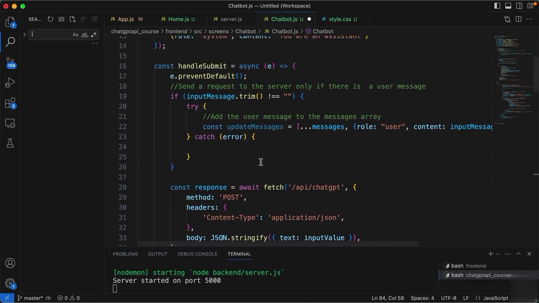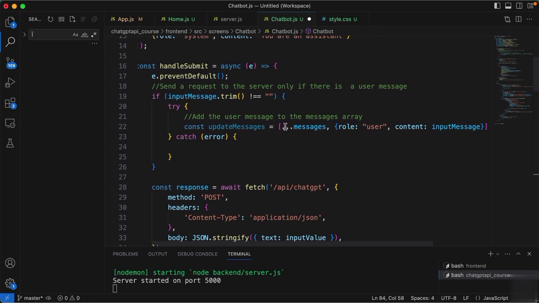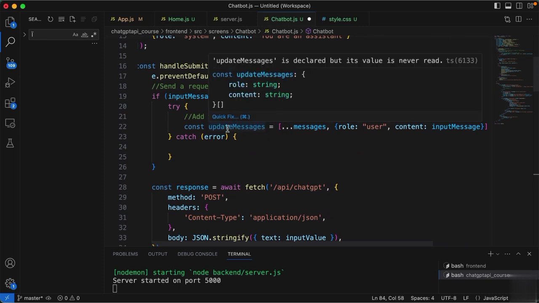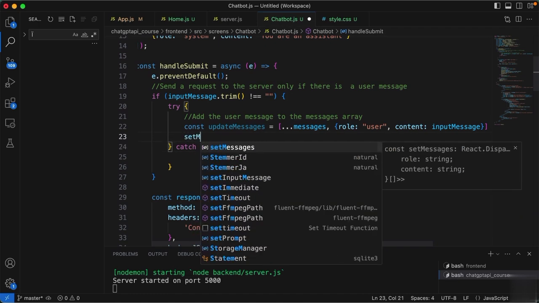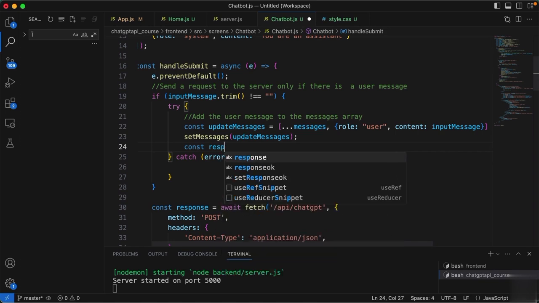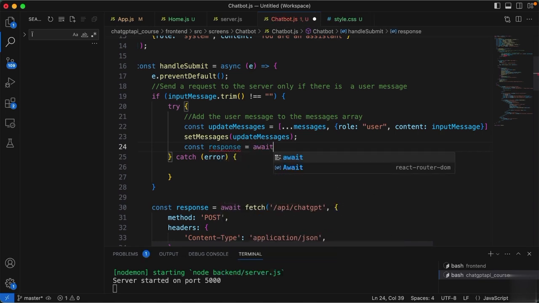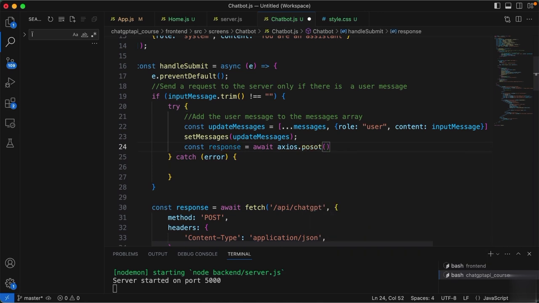All right. Now, after adding the user message to the messages array, we saw that inside updated messages. And then after that, I'm going to set the messages array to updated messages. And then after that, I'm going to send a request to the server and store the output inside a variable response. So I'm going to use Axios.post, and we're sending a request to